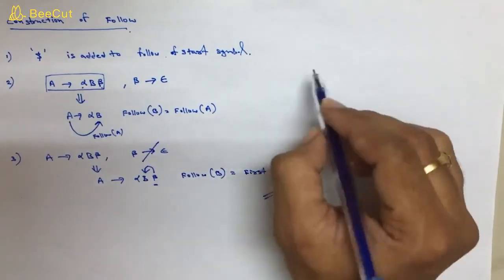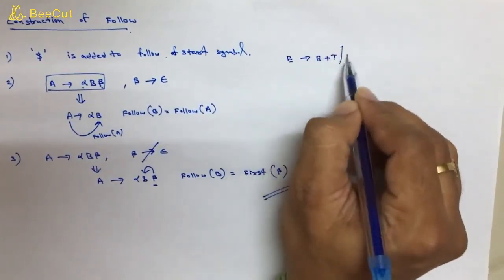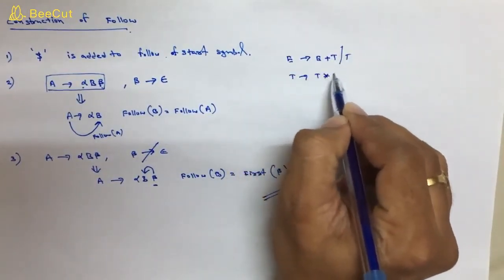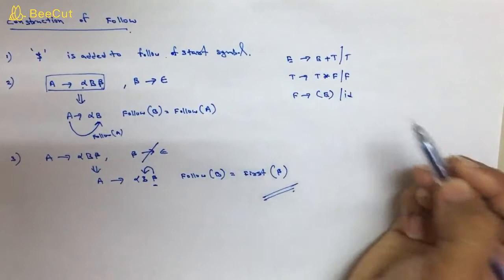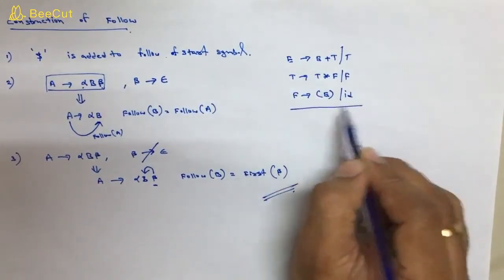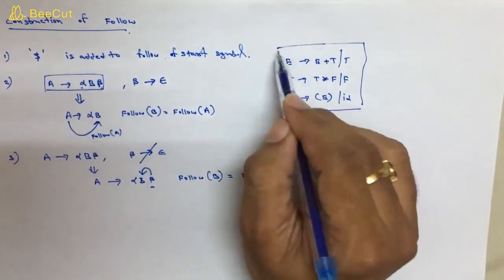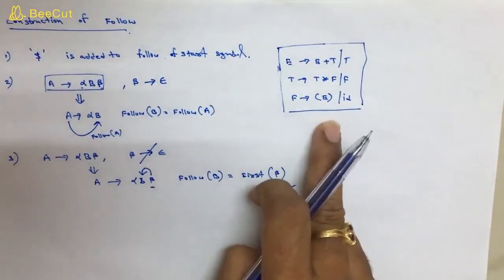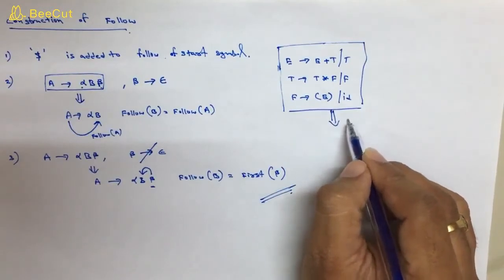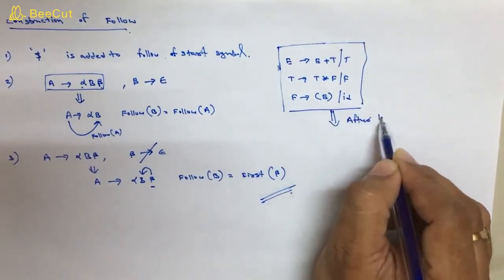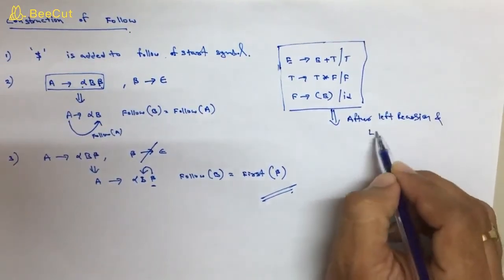So let us consider an example grammar. For example, E tends to E plus T or T, T tends to T star F or F, and F tends to open parenthesis E closed parenthesis or id. This is the grammar I have given. As per the construction of follow, what is the first prerequisite? First of all, it must and should be free from left recursion and left factoring. So after the elimination of left recursion and left factoring,